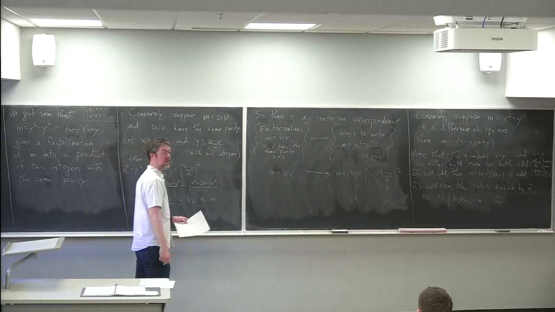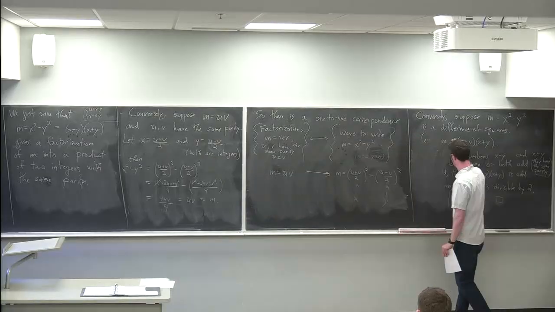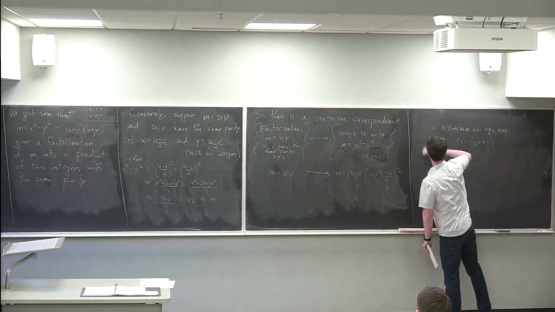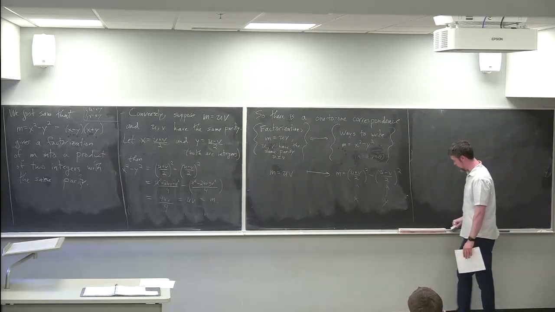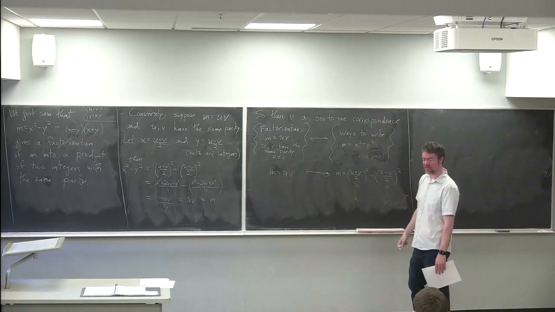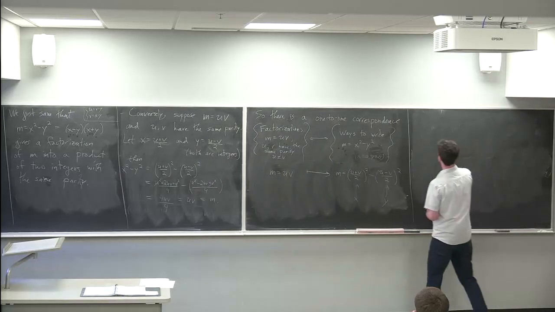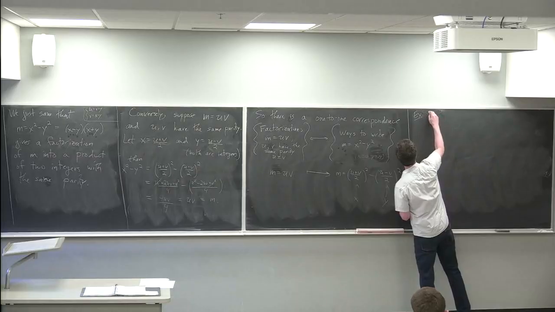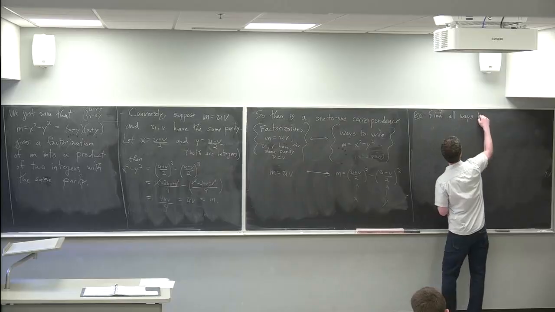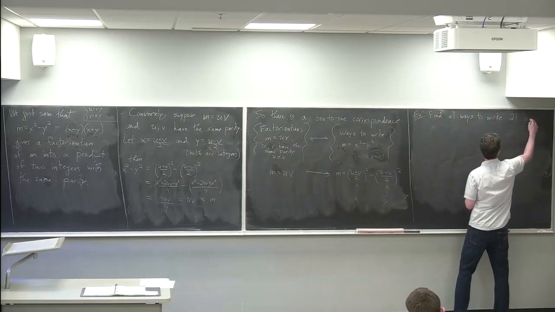Okay, so for example, going back to 21, we found all the ways to write 21 as a difference of squares, and I told you that was all of them, but maybe you didn't believe me. But anyway, once you have this, this will tell you how you can find them and know you have them all. So if you wanted to, as an example, find all ways to write the number 21 as a difference of squares,